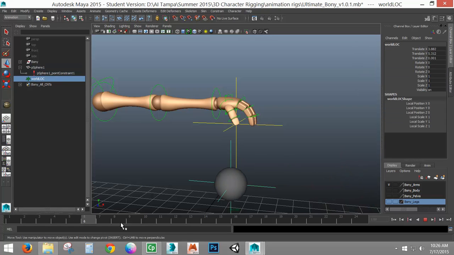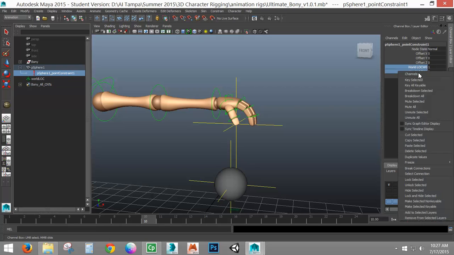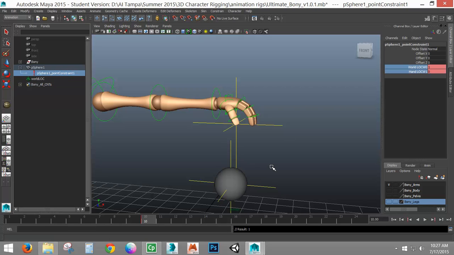So I've got an animation of something really fantastic happening, and I'm going to key my point constraint, so my world and my hand are set with world at 1, hand at 0. I can select those actual attributes, right-click them, and do a key select. Now I can move forward.